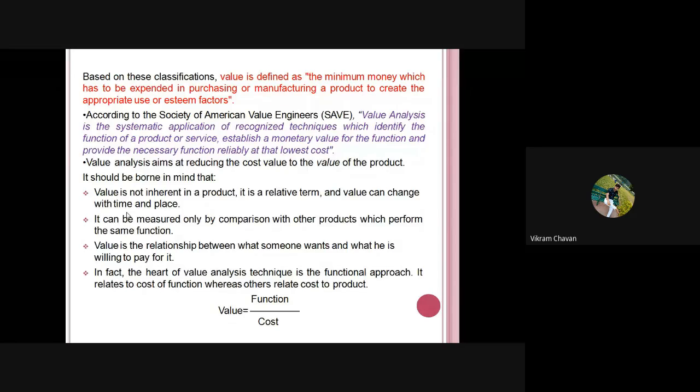Full stop. Next point. Value is the relationship